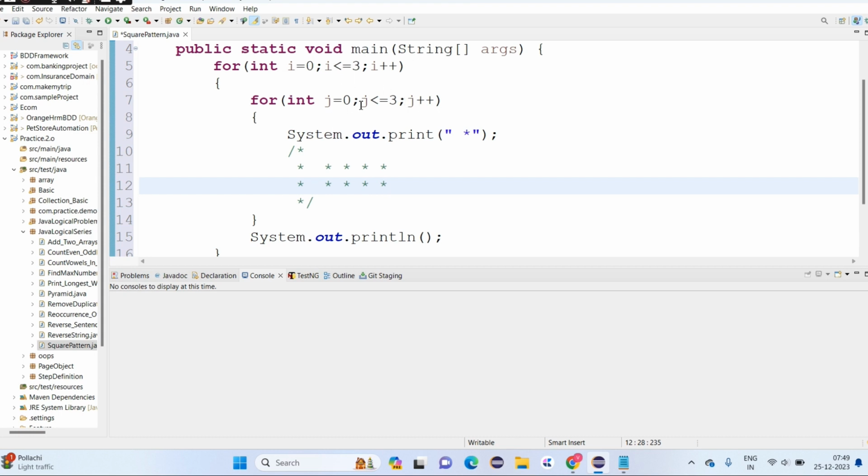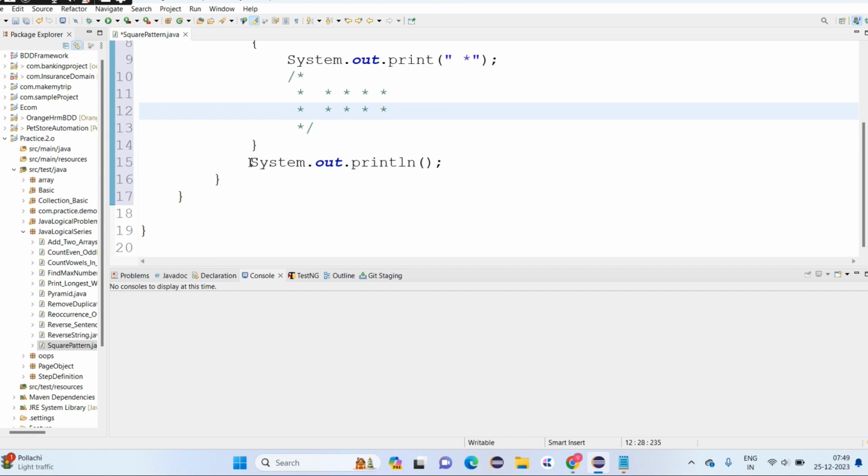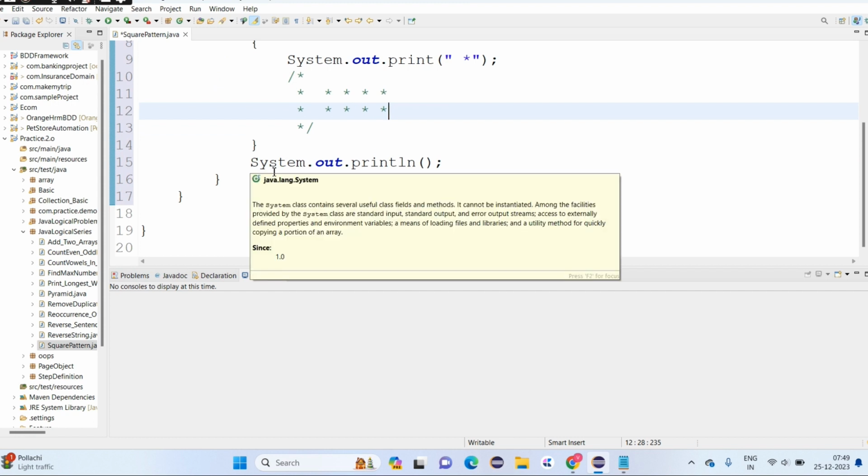Then it is incremented by 1, the condition fails and the loop is terminated, it comes out of the for loop, prints that row of 4 stars, and for that we use the sysout println for the next row.